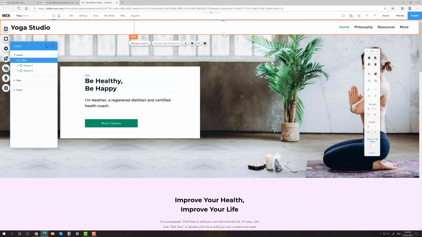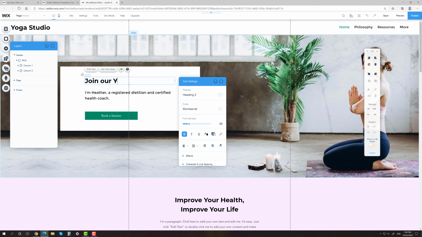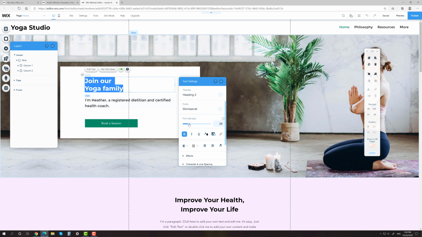Now I'm going to change the text inside the container. To do that, just click on it twice and write whatever you want. Also, I will change the color and size of the text.